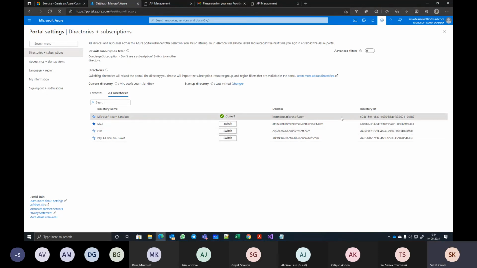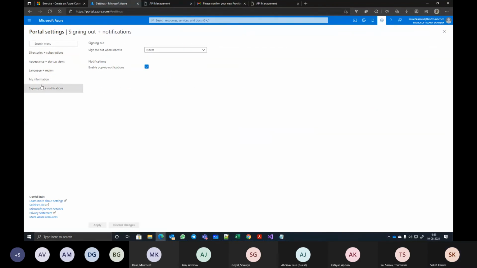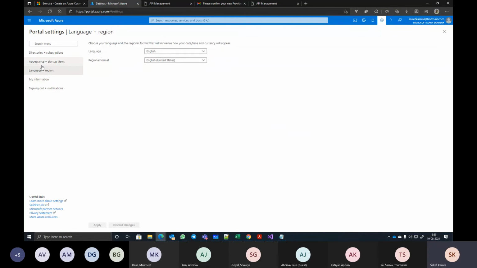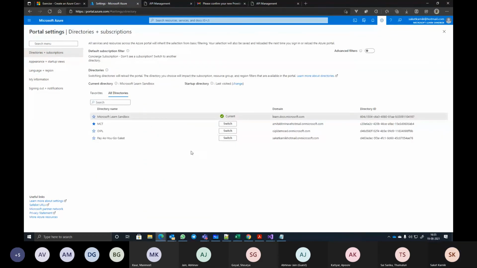A leave button used to be there. Where did it go? I'm sorry. Some UI changes seem to be there. Just give me a moment.